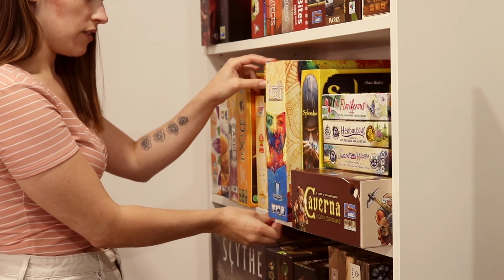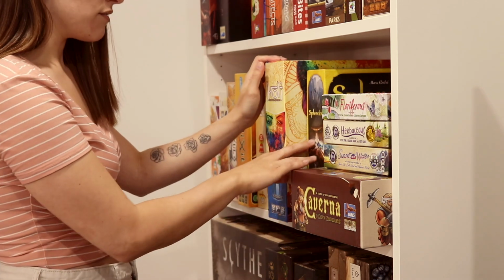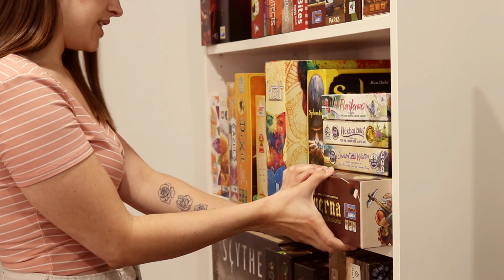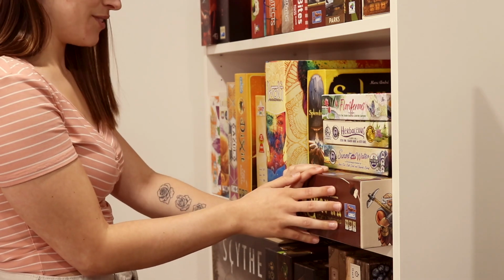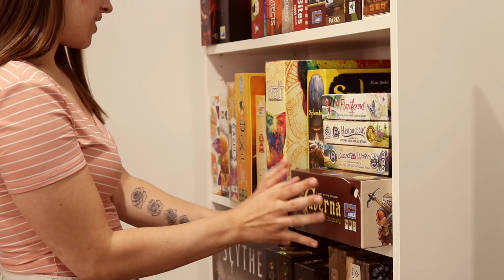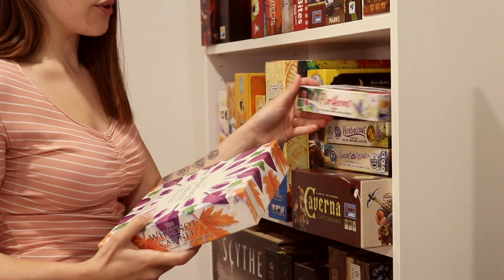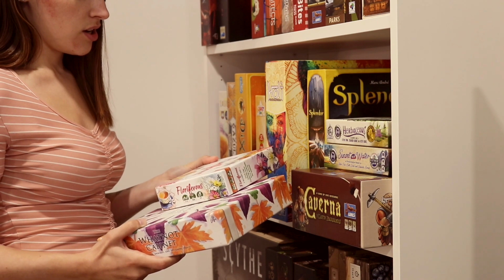but it doesn't have a solo variant. I think someone posted that it has one on BGG. There's Splendor, Caverna. Okay. So this one's pretty easy for me. Do I want to do Caverna? It's kind of a tie between Caverna, the Whatnot cabinet, as well as Floriferous, which I have not really talked about too much on the channel, but